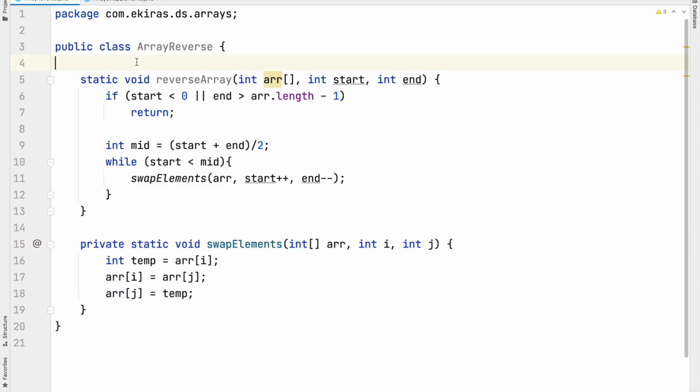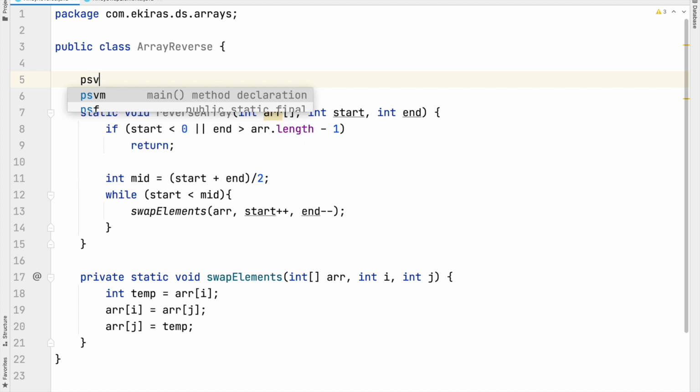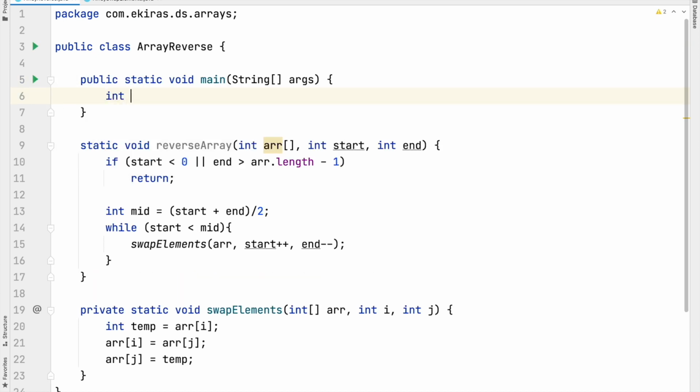So now let's create a public static main method in order to run this program. Let's first declare an array of ints, and let's assign the values 1 to 7.